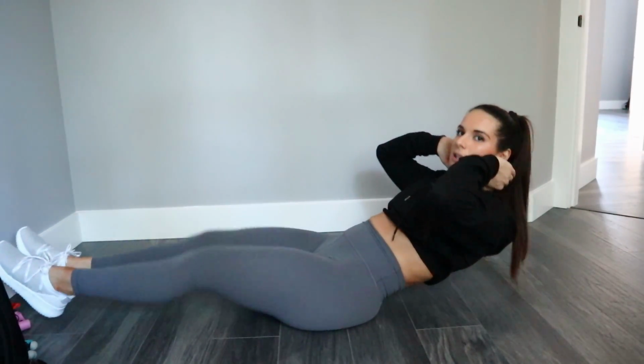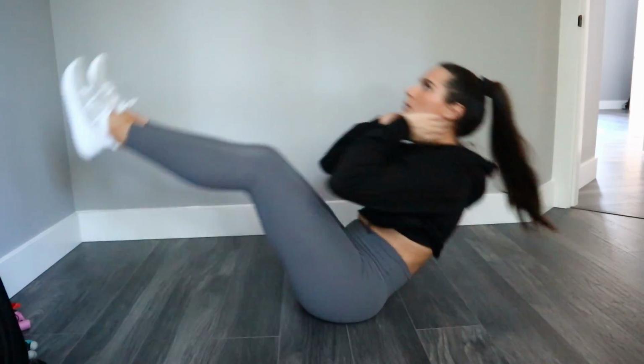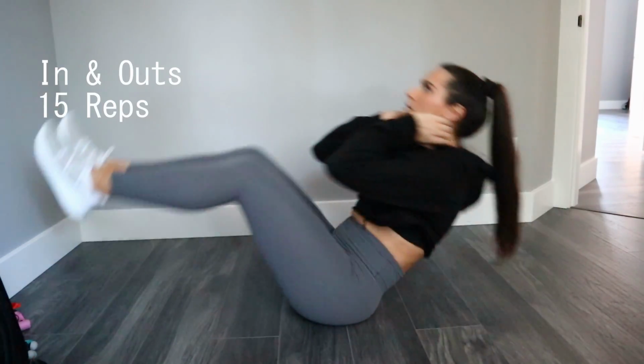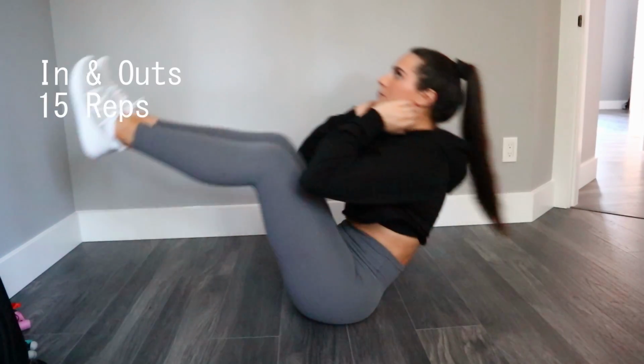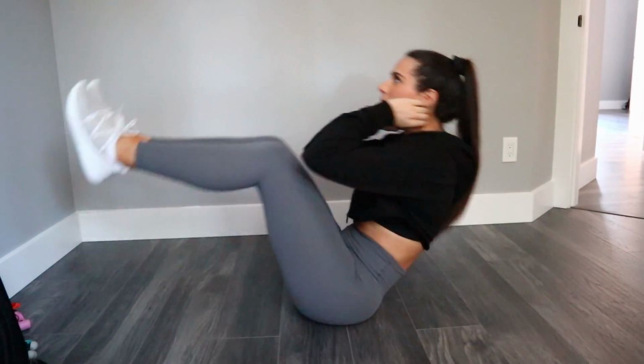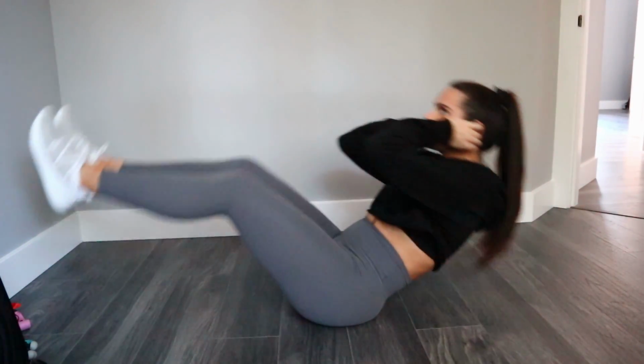Okay, so for the next exercise, we are going to be doing in and outs. These are one of my favorite ab exercises. I love them so much. And they're great because you don't need any equipment. So basically you're gonna be starting like this, and you're gonna crunch up and go back down, and you just keep doing that over and over. But we're gonna be doing that for 15 reps, and then we're gonna do one more exercise,